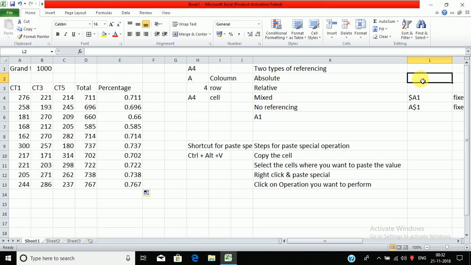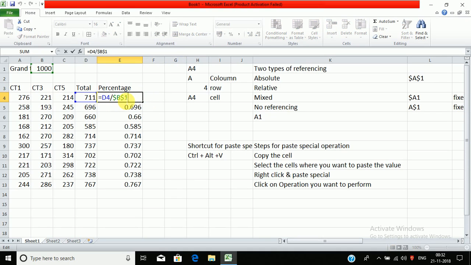So absolute referencing means $B$1, and I have both row and column fixed. This is called absolute referencing in Excel. So how do we get referencing signs? How do we get dollar signs? We use function F4. If I use function F4 once, I will get absolute referencing, both row and column will